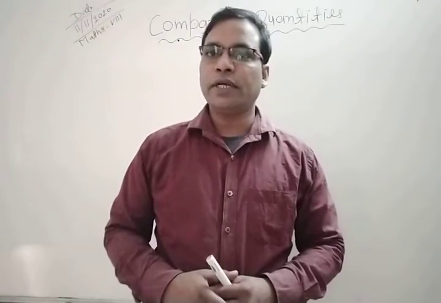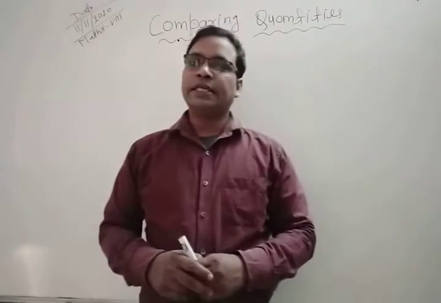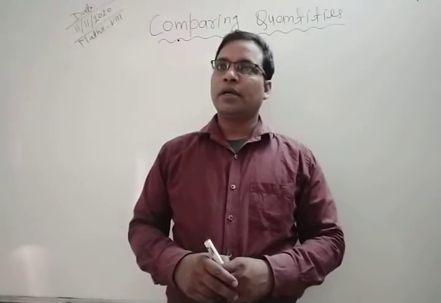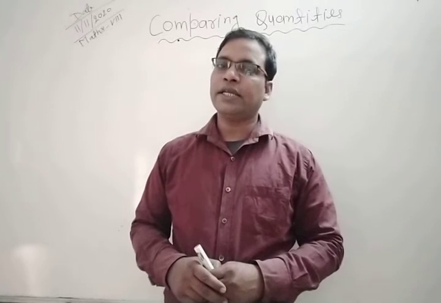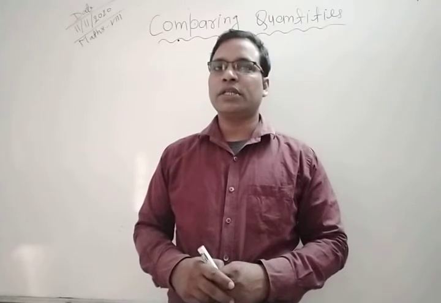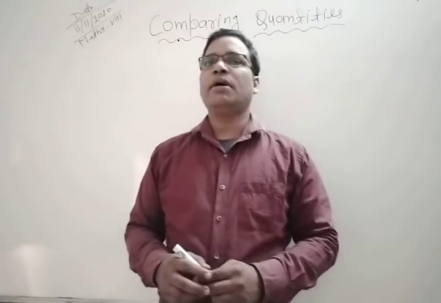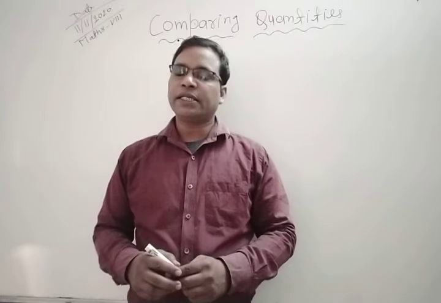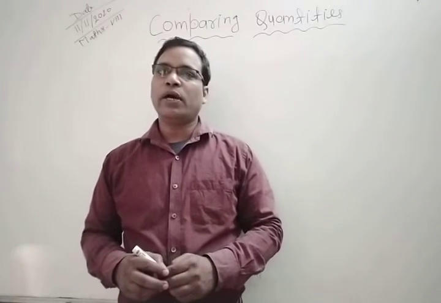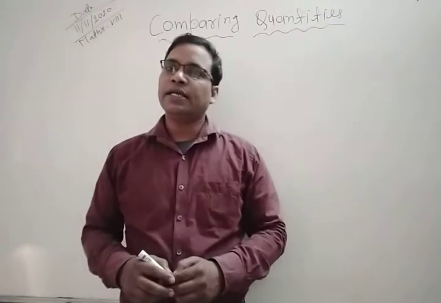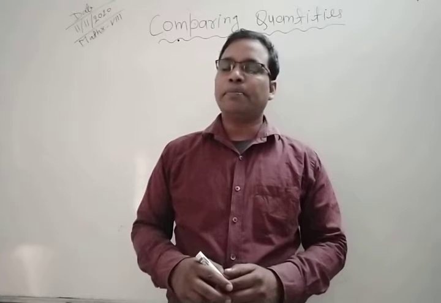Good morning, student. Today we are going to discuss chapter 8, comparing quantities, exercise 8.3, question number 8. Question 8 है find the amount and compound interest on 10,000 rupees for 1.5 years at 10% per annum, compounded